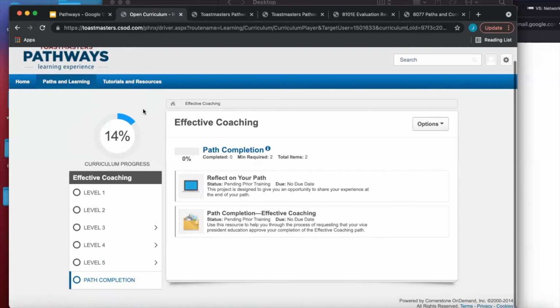Any questions? I have a question, Ray. For the pathway, for all these practice speeches, will they be presented in the club? Right. You can present this in your club or in a different club. It's okay to go to a different club and present it also. But if you want to do that, there are certain rules that you have to follow.